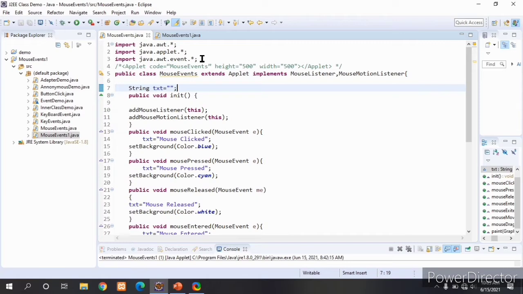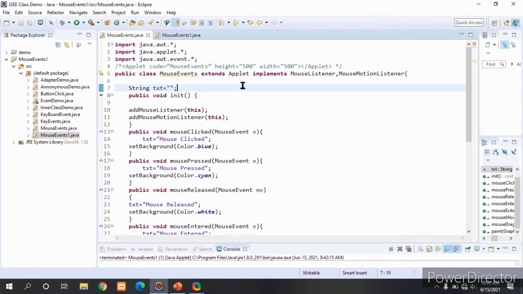Next, import java.awt.event.*. This provides all the classes, methods and interfaces related to event handling generated by the AWT components, here mouse events. A mouse click or mouse cursor movement generates an event, so we need to handle the mouse events.